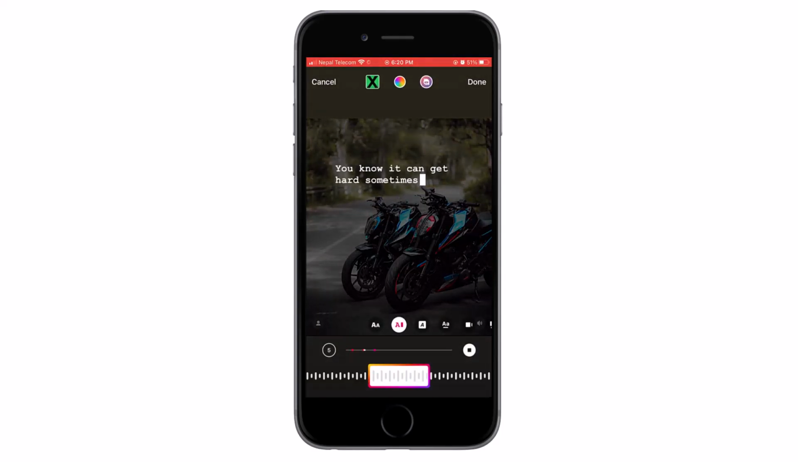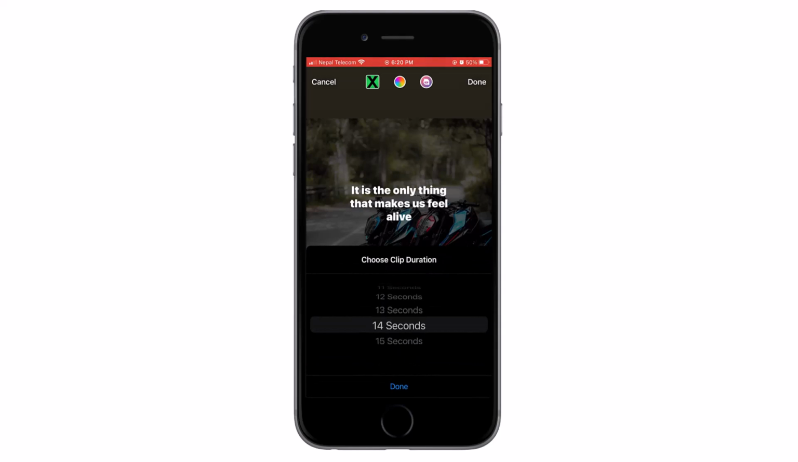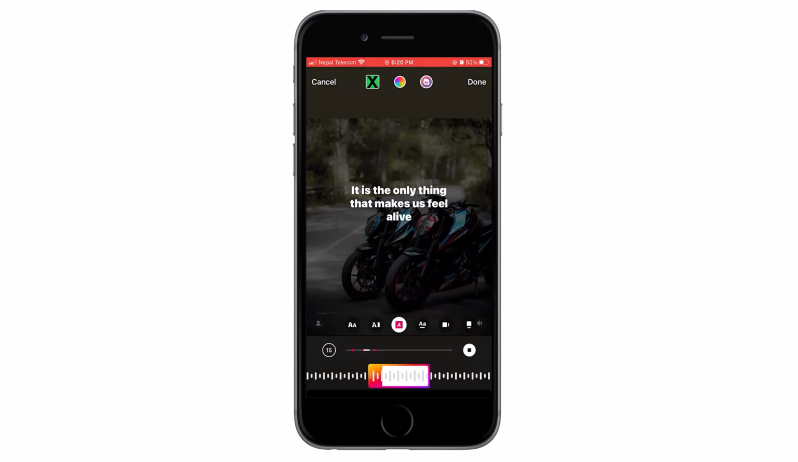You can also change the way the music looks by sliding the first navigation. To manage the duration, you can tap on duration button and you can manage it from 5 seconds to 15 seconds. Then at last you can also select a part of music you want on your story by simply sliding